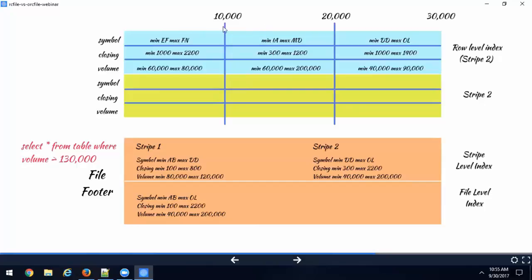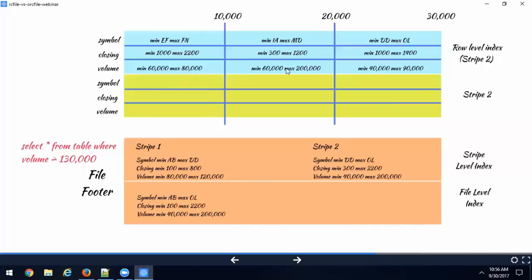Stripe 2 is at the top here, right? You look at the row level index now. Again, you skip the row groups, that is the batches of 10,000 rows, if they don't have the values. So just by looking at the row level index, you can skip the first 10,000 rows, because it doesn't have volume greater than 130, since the max volume is 80,000.